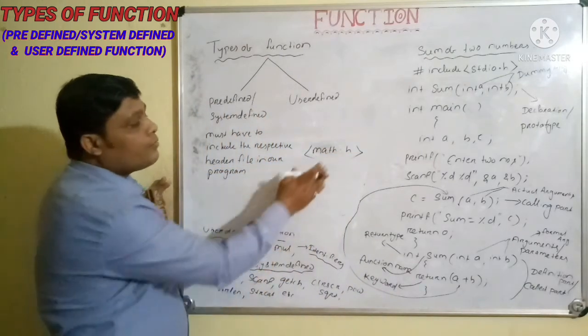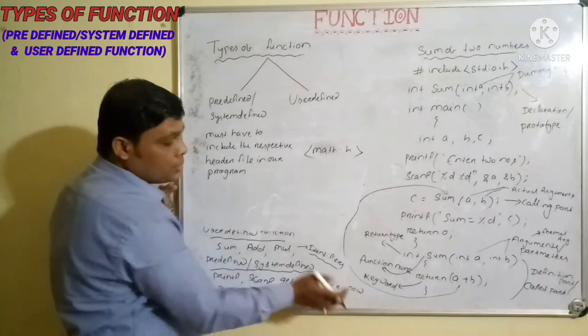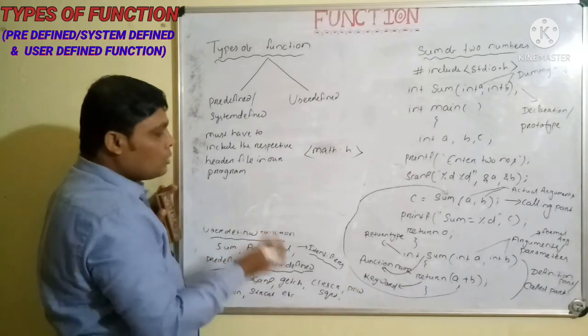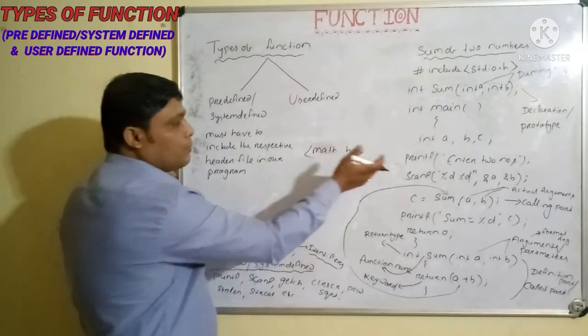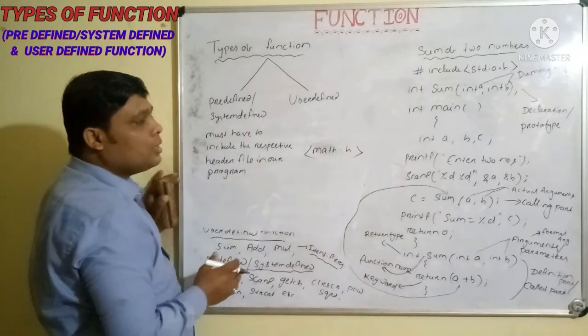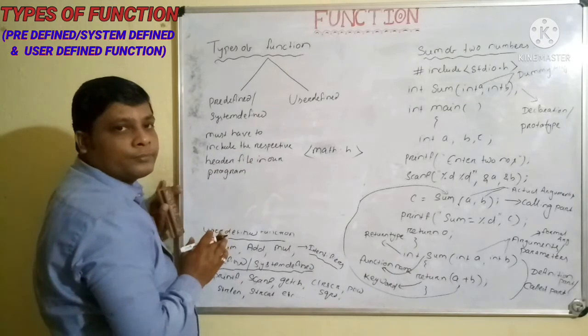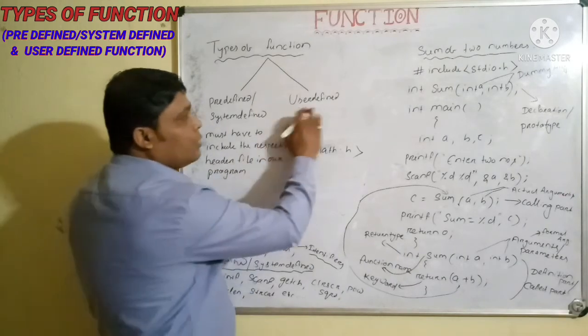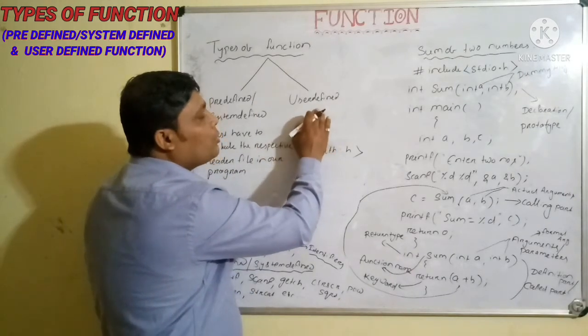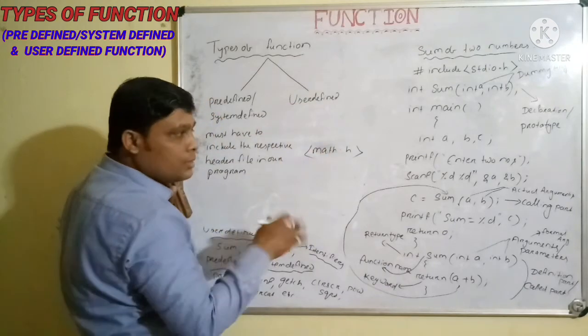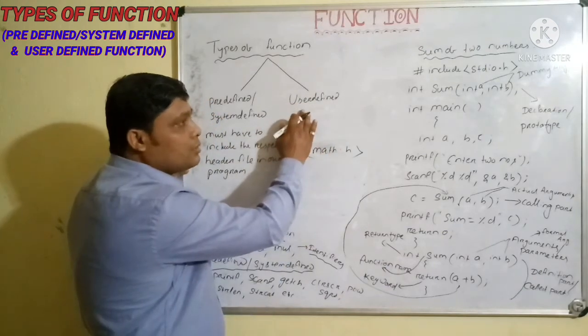I have to include this header file to use the power function and sqrt function. So before using those predefined or system defined functions, we must include the respective header file in our program. But in a user defined function, we need not include any header file, because the functionality of this type of function